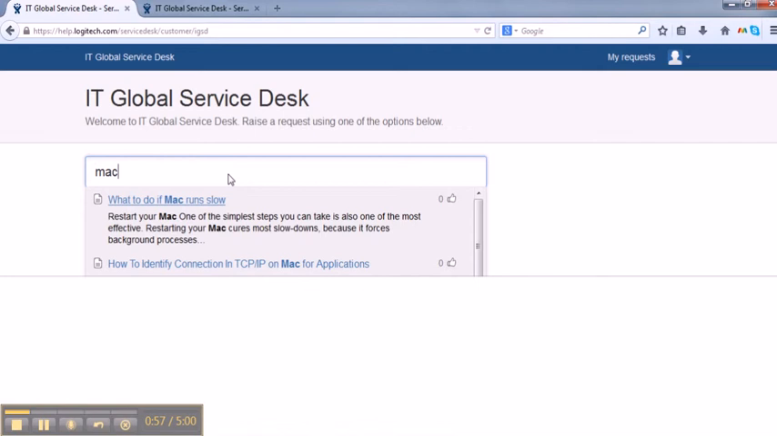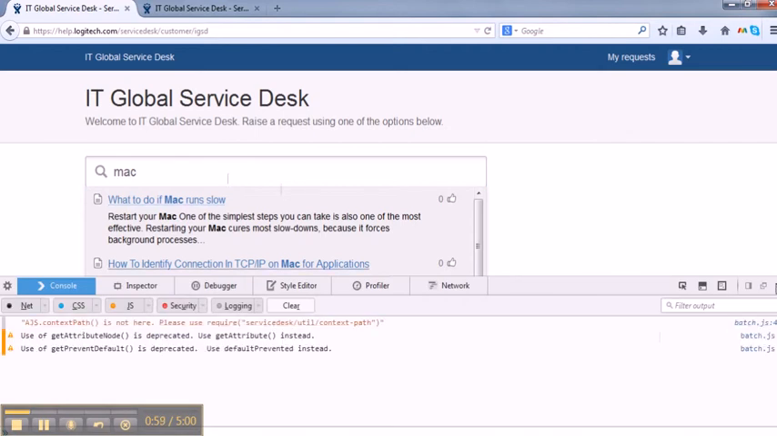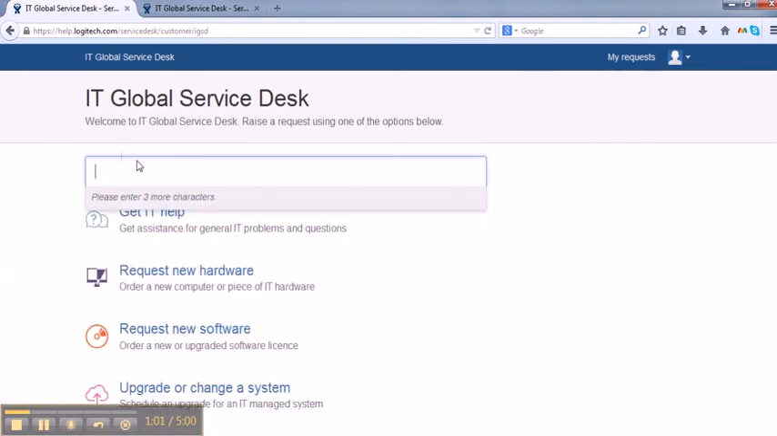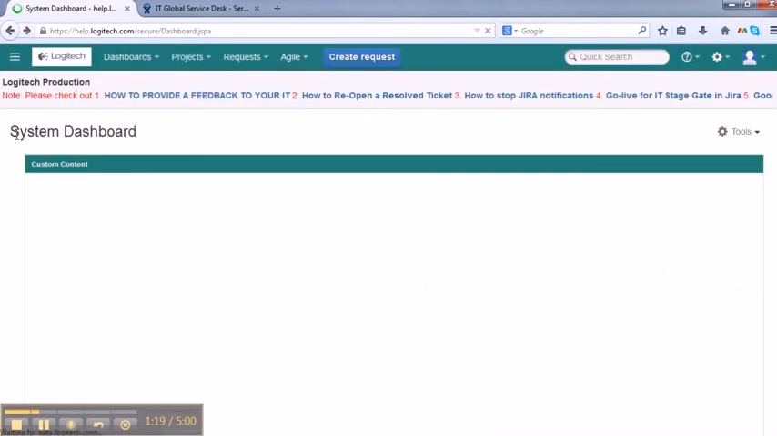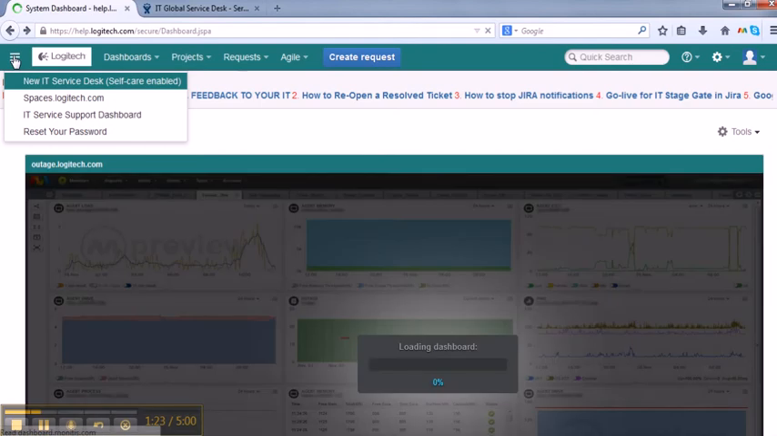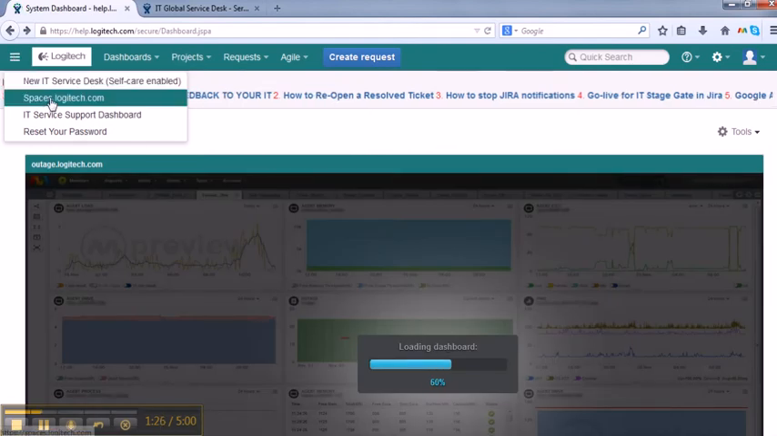So if I click on back and I type in expense, well, notice here there's no matching articles. So this is a perfect opportunity to go in and create a how-to article related to maybe how to create an expense report. So therefore, if I go back to help.logitech.com and I go to the drop-down menu again in the upper left-hand corner and I click on